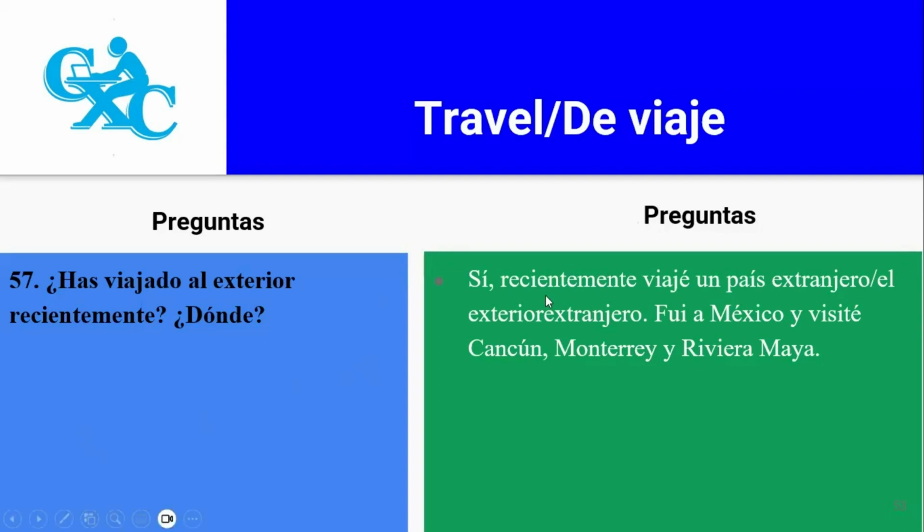All right. There should be a slash between exterior y extranjero. Yes. Typographical error there. Nice. Okay. That's why I didn't read it. Yes. I didn't understand it well. So there should be a slash here. So you could say el exterior, or extranjero. Extranjero. Right. Muy bien.